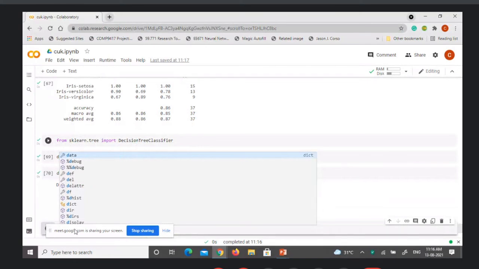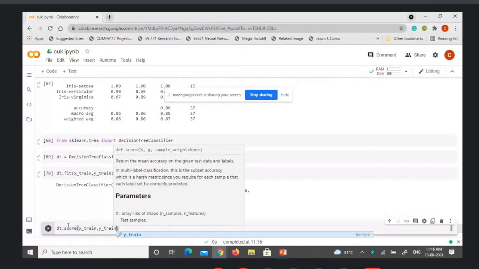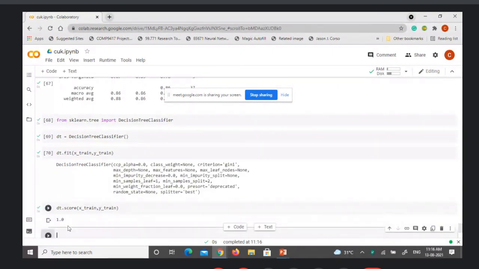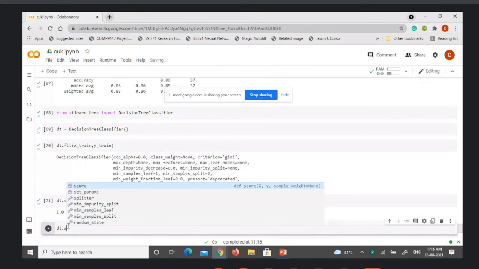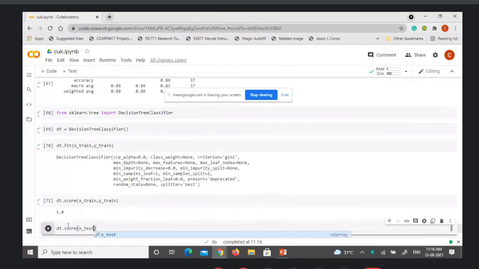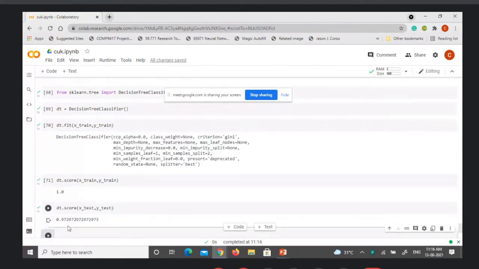Then you can check the score on the training samples. It means the decision tree could perfectly understand the training samples and gives 1, that is 100% accuracy, and look at the test samples: 97% accuracy. You got it.